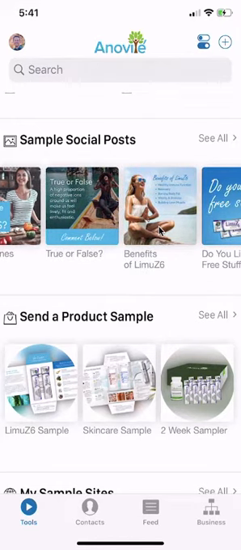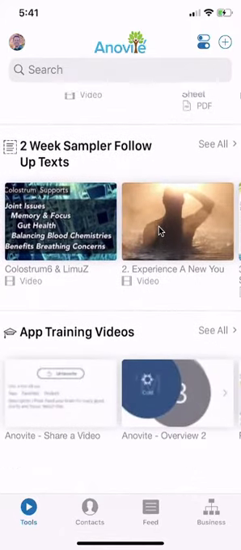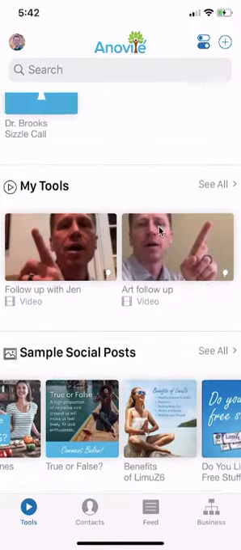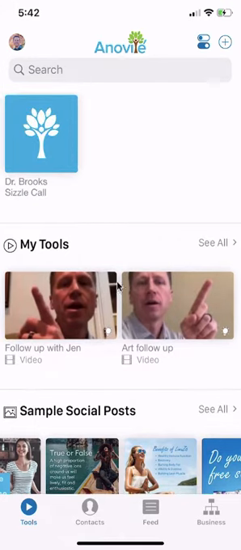Now, with that said, I just want to quickly highlight one last feature, and it's what we call My Tools, which is right there. What we do inside of the app is we allow you to record your own videos and bring them into the application so that you can share them. But what's really cool about this is not only can you record a video, but you can add inside of it what we call interactive action links,